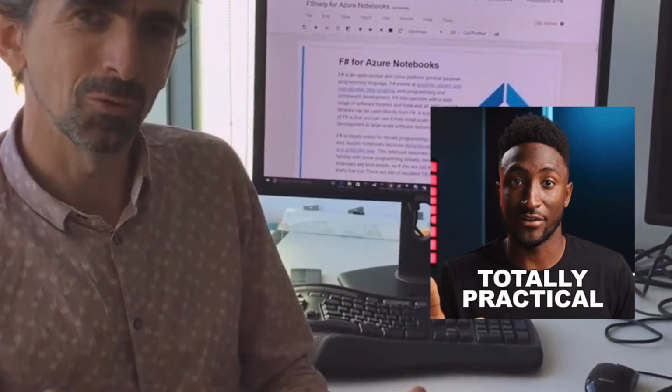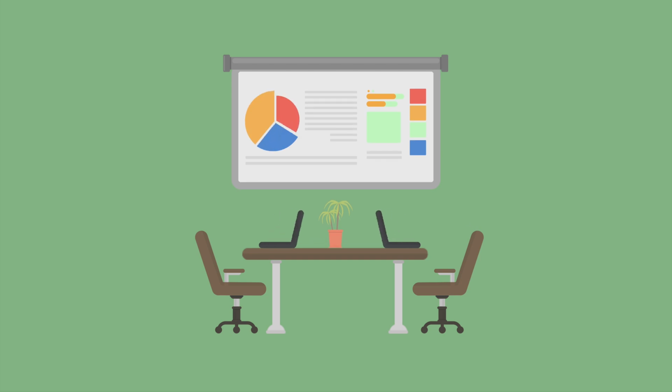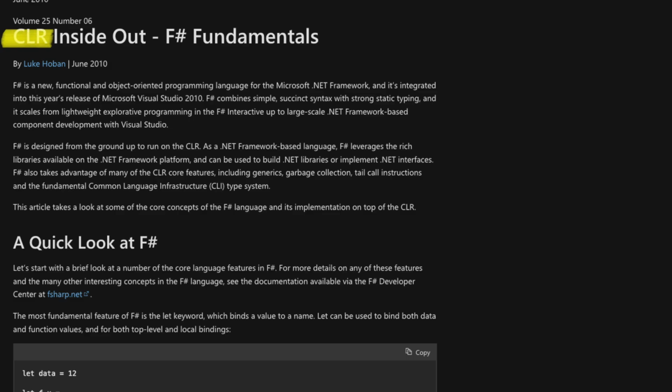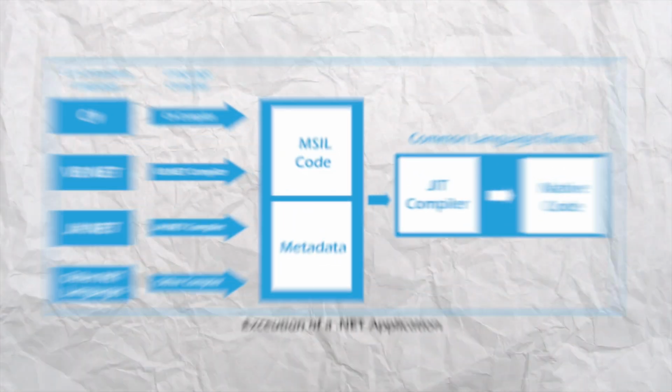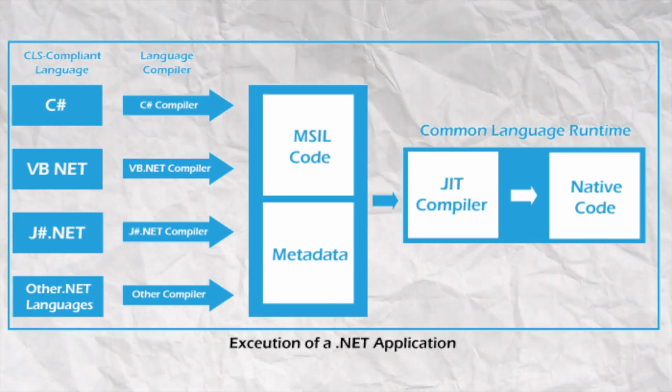Initially, F# was criticized for being too academic, but it has evolved into a practical language for various domains including data science, financial modeling, and web development. It's particularly well suited for data-intensive tasks and parallel computing. F# is compiled into Common Intermediate Language, which can be executed by the Common Language Runtime on any operating system without